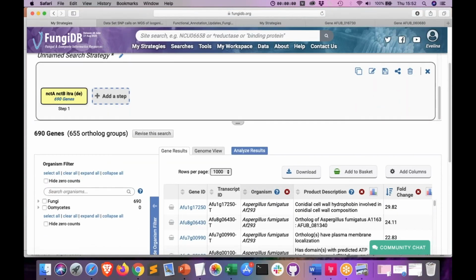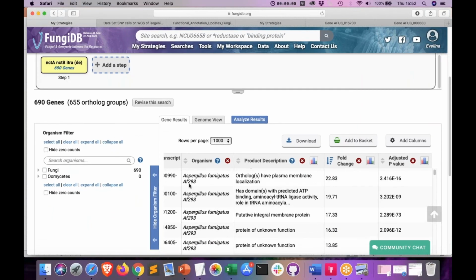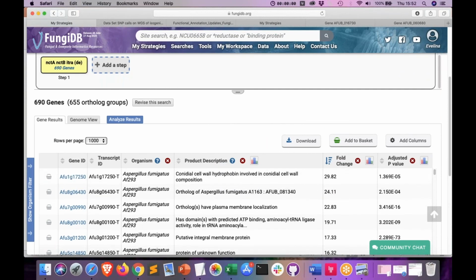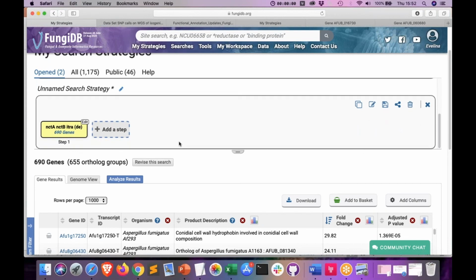And so from this point, you can either look at individual gene record pages, also look at the fold change and associated statistics for these data sets, view it in JBrowse, such as coverage plots, etc., where you can expand the strategy and create a sort of an in silico experiment. What I would like to do is add a step